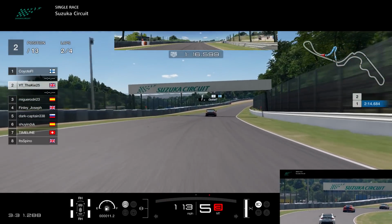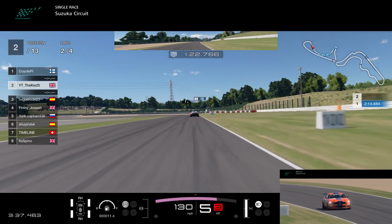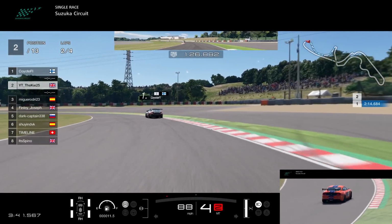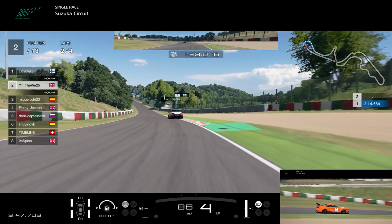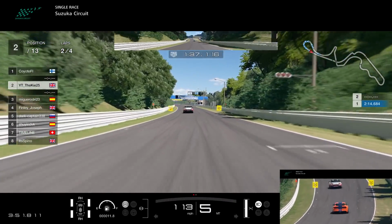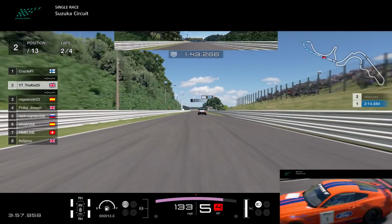Now, obviously, in these races, you've really got to be quite aggressive with your overtakes and just go for any opportunity you get, because 4 laps is not a long time to make an overtake. And with the fact that you start pretty much a second or 8 tenths behind each other, every little opportunity you get for an overtake, you have to take in these races. So it's not like FIA, even though they're quite short races anyway, but you've got a little bit longer. You can take your time a bit more, weigh up the driver. But in these races, as soon as you see an opportunity, you have to go for that move,